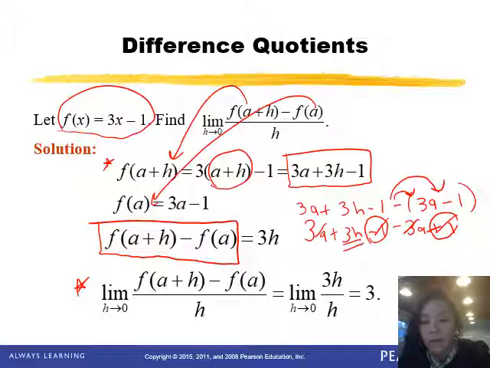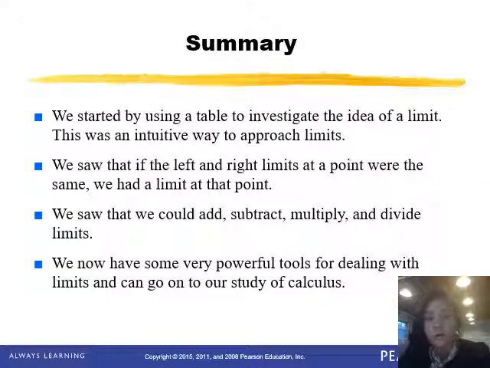So here we have the limit of 3h over h, and those h's cancel out. So the limit for our original function here, 3x minus 1, is 3. Why is this important? You are going to see that there's some interesting information here in this